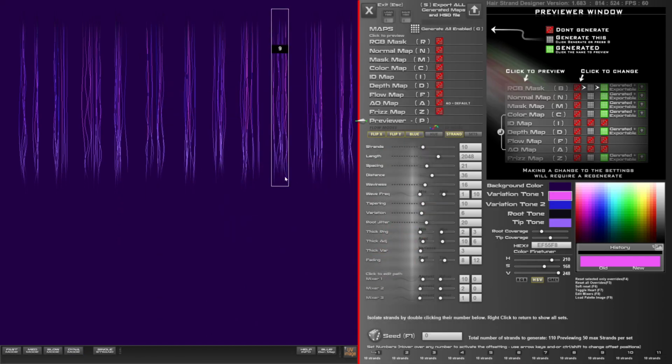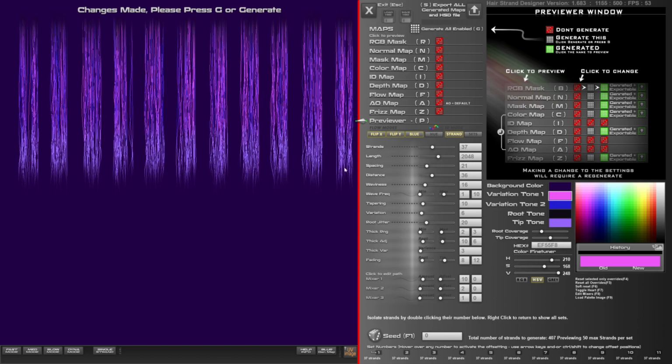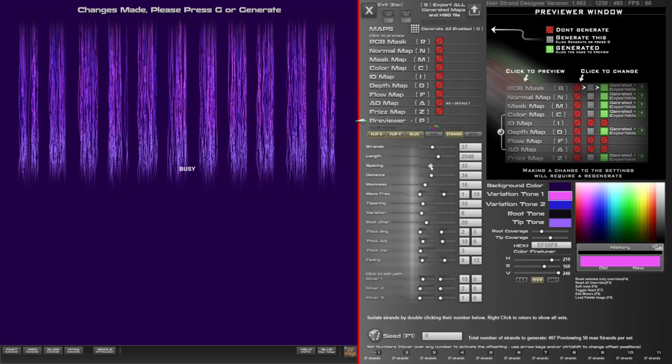Hello, in this video I'm just going to demonstrate a little bit of Hair Strand Designer and kind of what I'm trying to make using ZBrush. So first I'm going to make some strands, and I just want a big clump here to fill up the space, and I'm just going to decrease the distance a bit and increase the spacing